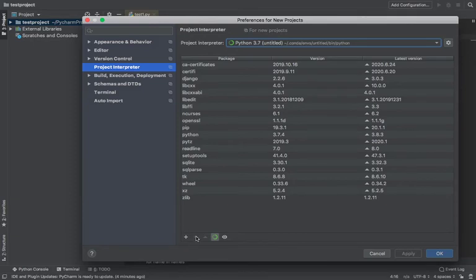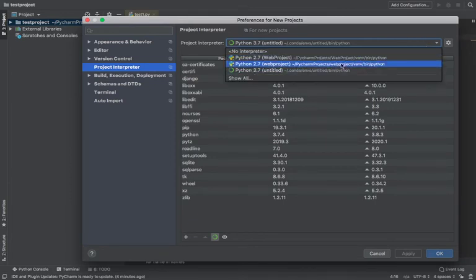So go to here, look at the project interpreter. Suppose this window is not opening on your laptop, then go to project interpreter, and after that you can choose Python 2.7 and so on.